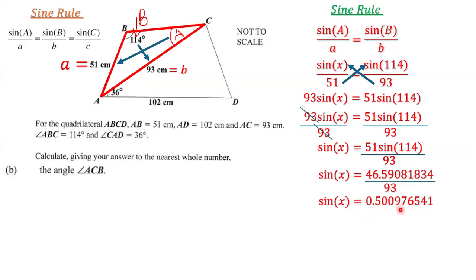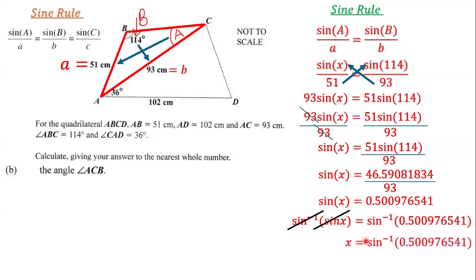Now we're going to take the sine inverse of both sides. So we have sine inverse of sine X and sine inverse of this decimal number. We are able to cancel out sine inverse with sine, and we get that X is equal to sine inverse of 0.500976541. When we evaluate sine inverse of this particular decimal, we get that X is equal to